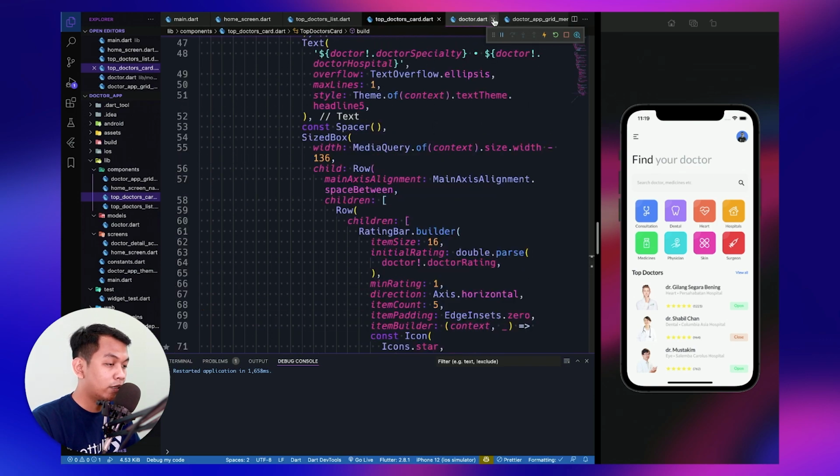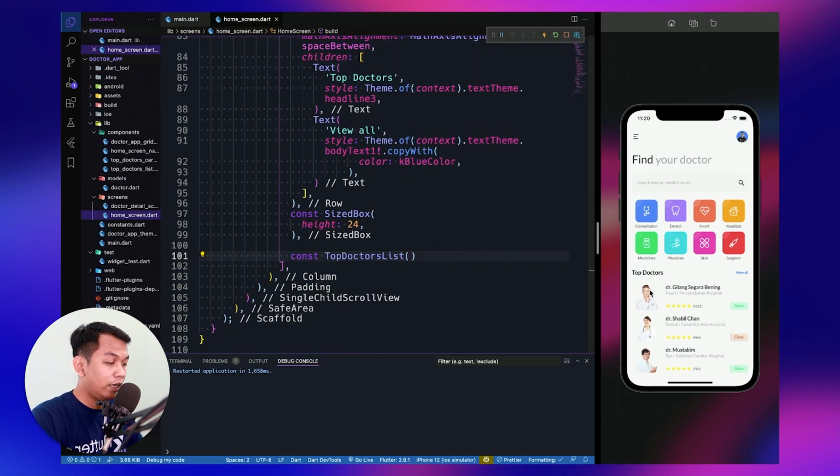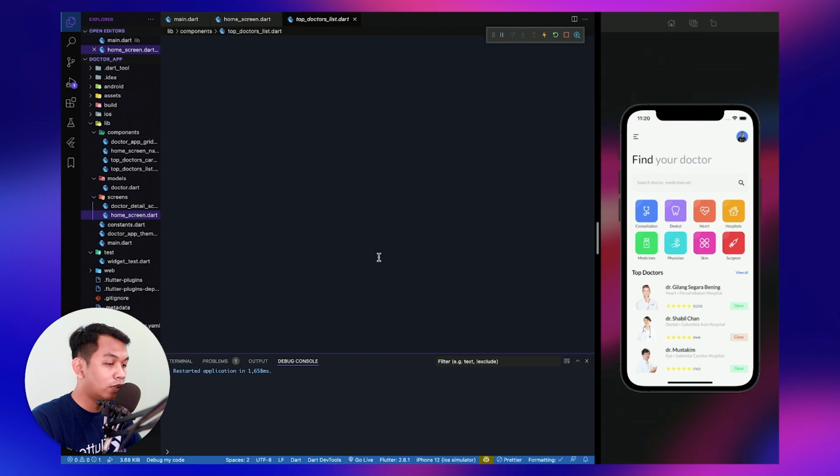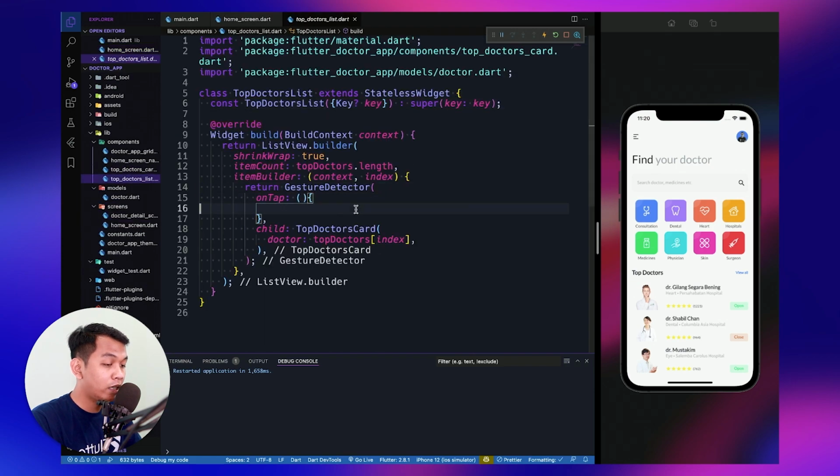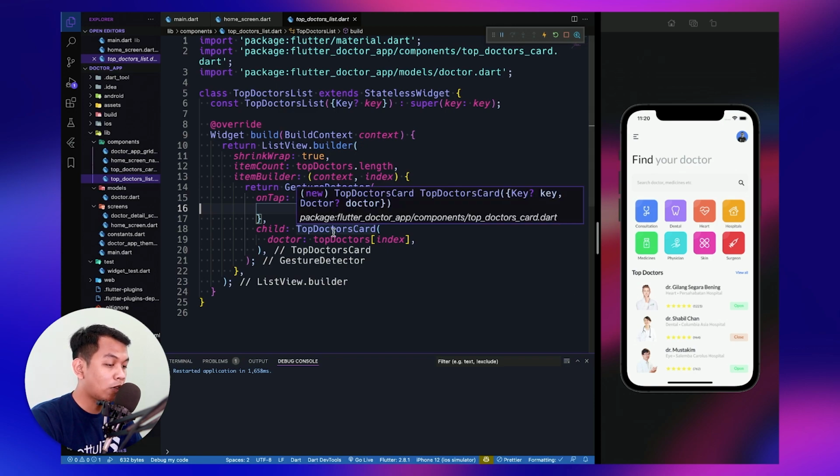Alright, and let's close this doctor and create the menu. Okay, and now when we tap our doctor card, nothing happens because we haven't yet made our doctor list clickable. So we need to go to our doctor list, and as we see, our doctor list returns a GestureDetector, and inside the GestureDetector widget there is a property called onTap, which detects when the user taps the screen or taps the area of our top doctor card.